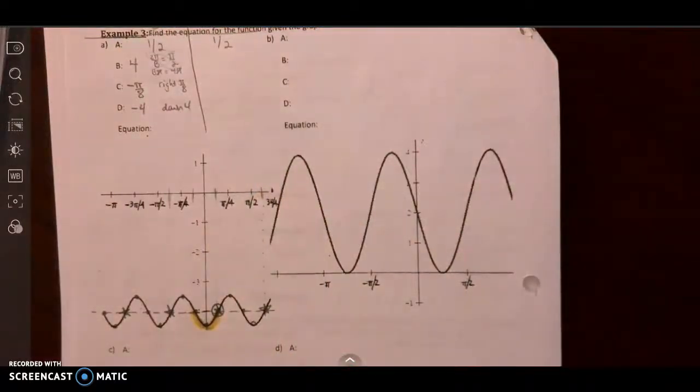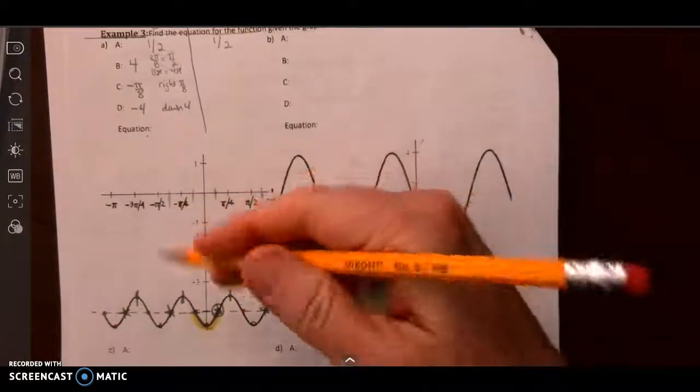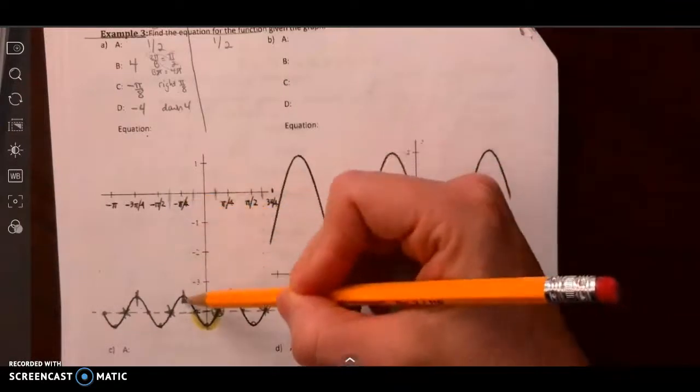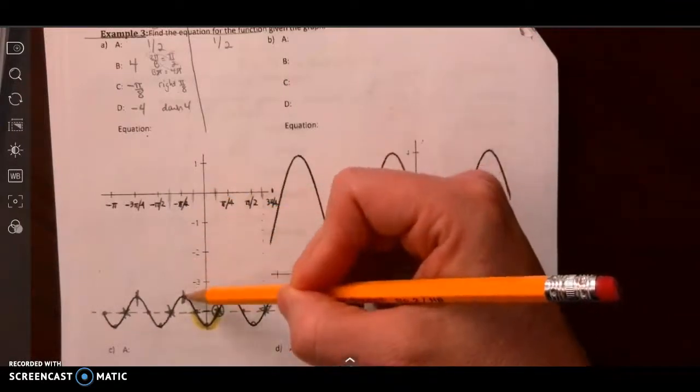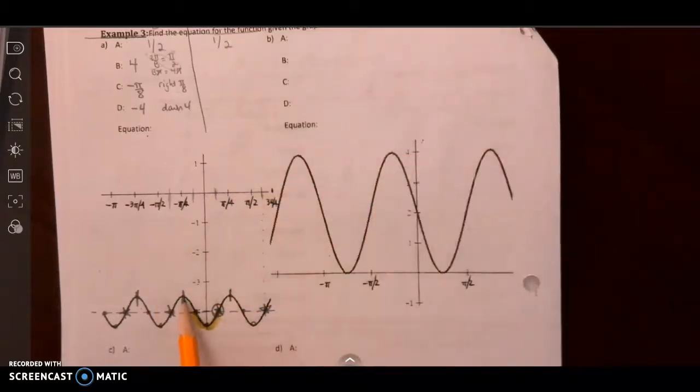Just because we were looking at the sine curve doesn't mean we needed to use the sine curve to find the period. Remember that sine and cosine have the same period. I could have used cosine, and it would have been easier, because it's very obvious here that the cosine curve starts at negative pi over 4, and it goes to positive pi over 4. And I know that this is a fourth of a pi and a fourth of a pi, which is a half of a pi. So in this instance, it would have been easier to use cosine to figure out the